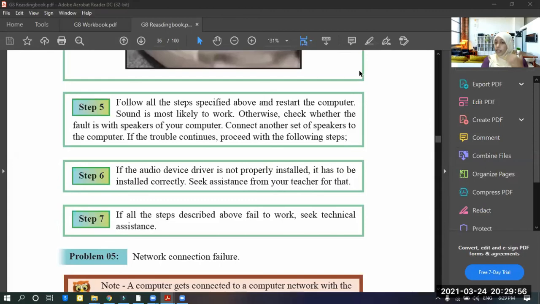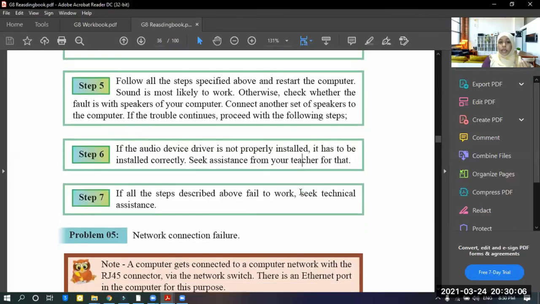So install the device driver on the computer. It has to be installed correctly. Seek assistance from your teacher or the elders in your home. Okay. If all the steps described above fail to work, you followed all the steps, but still your sound is not working, then seek technical assistance.